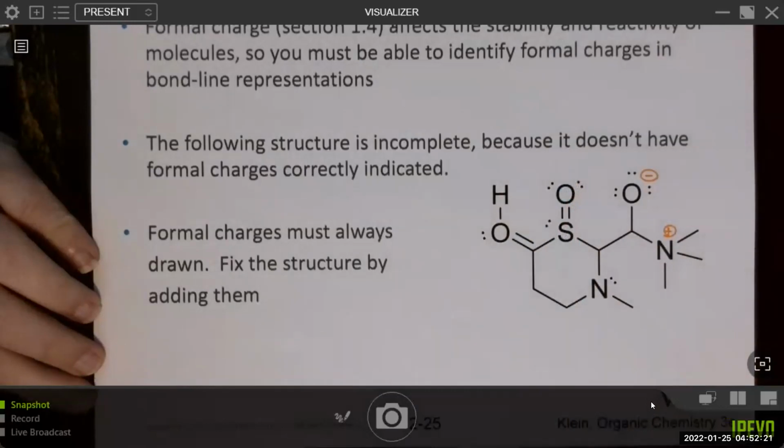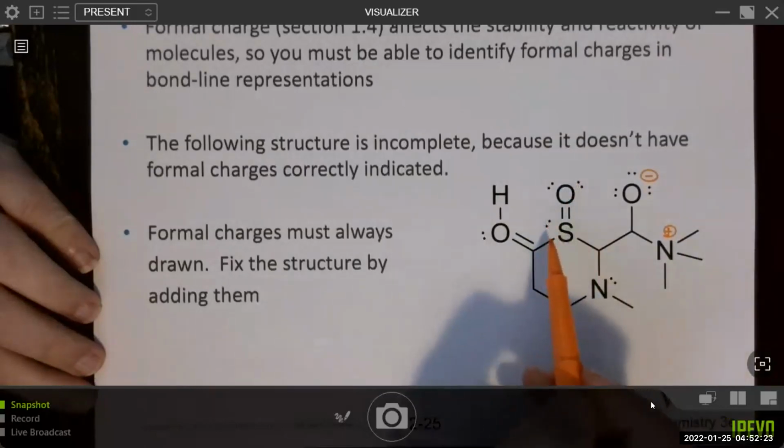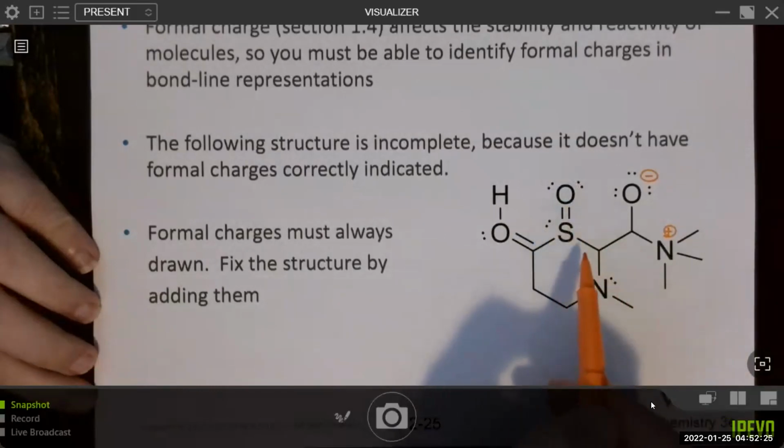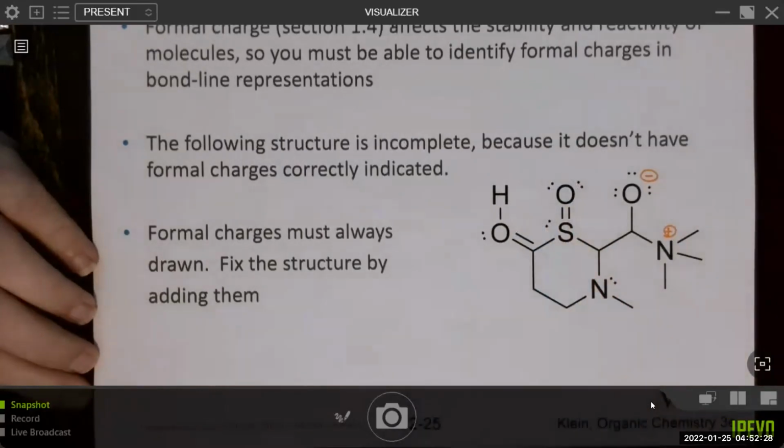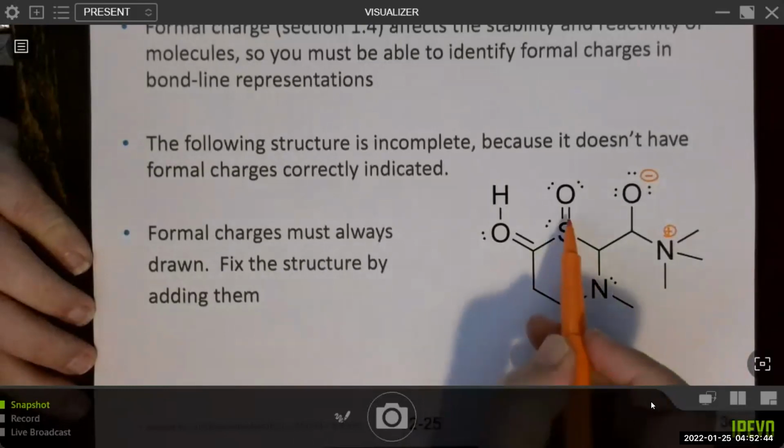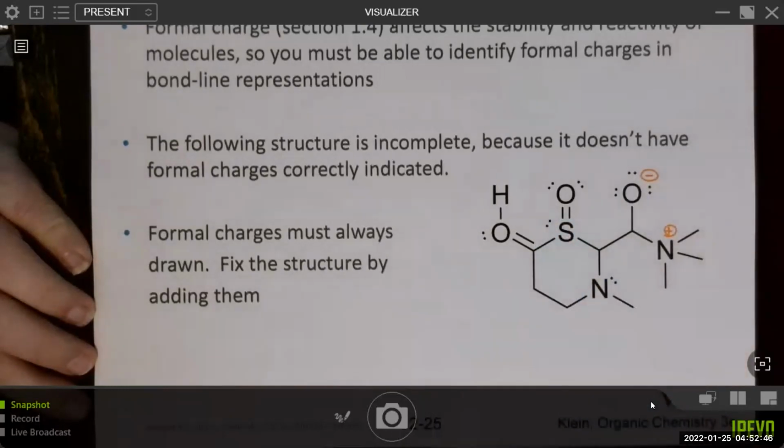The sulfur, this is a bit tricky because the sulfur here has expanded its octet. Remember I said that's not super common and we're not going to talk about that a lot in organic chemistry. That's true, but sometimes you'll see it, and this is an exception. So we'll go ahead and calculate formal charge. Sulfur, just like oxygen, has 6 valence electrons. And it has 1, 2, 3, 4, 5, 6 assigned electrons. So it does not have a formal charge.